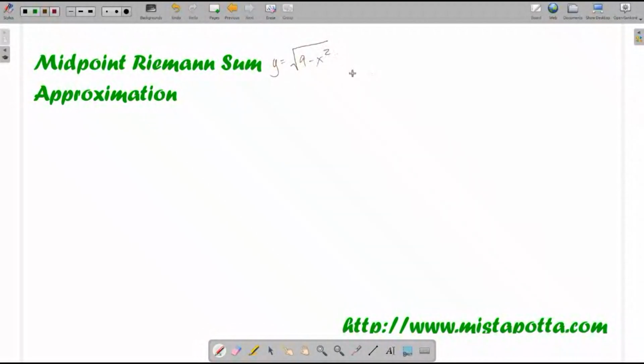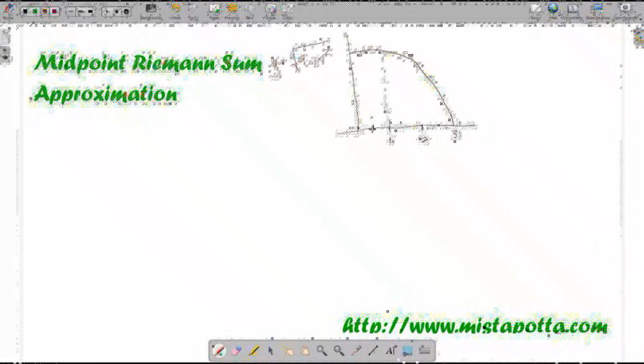So if I take a look at y equals radical 9 minus x squared, what's nice about the midpoint Riemann sum is that for every area that I'm including that I shouldn't, I'm also excluding area that should belong. And it looks like it should cancel out. So if this is my intervals 3, 2, and 1,